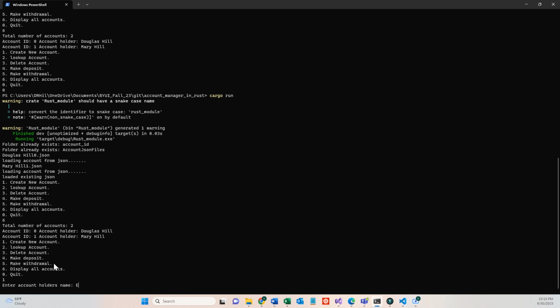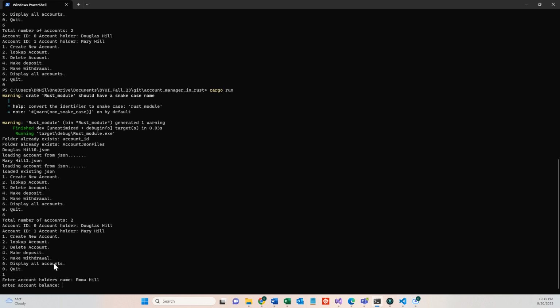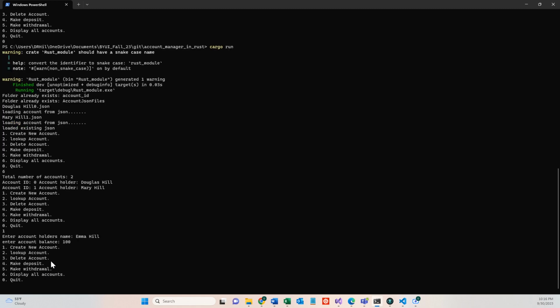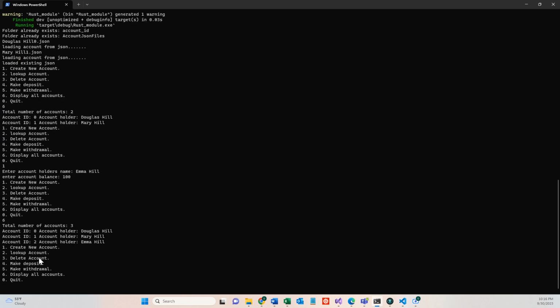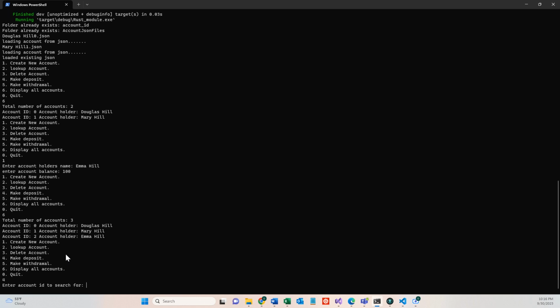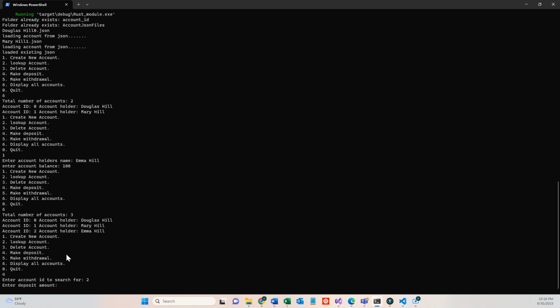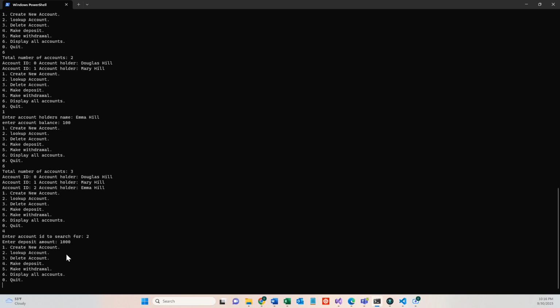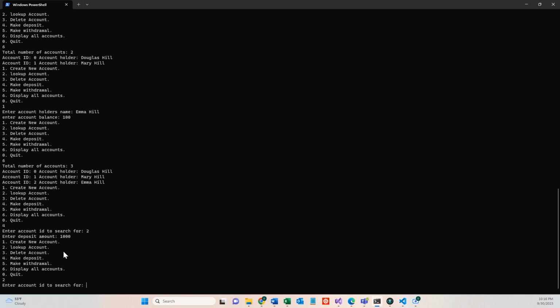But you can see, we'll do a savings account for my daughter. She's got $100. So you see now that even between closing and opening the program, it kept track of what the next ID is supposed to be. Now I'm going to do a quick demonstration of the deposit, withdrawal, and delete functions. So I'm going to go into account ID number 2. I'm going to deposit $1,000, and then I'm going to go back